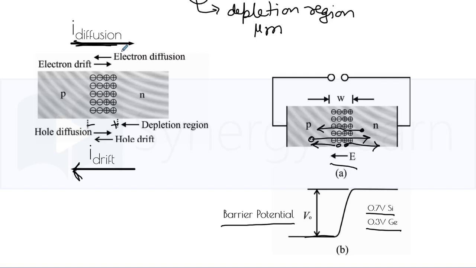When the PN junction is not connected to external source, the diffusion and drift current are equal in magnitude and are always in equilibrium. But when they are connected to an external voltage source, say one side is made positive and the other negative, this will lead to increase in diffusion current and suppression of drift current. Whereas when you have positive terminal of the battery connected to N side and negative terminal connected to P side, this enhances the drift current and suppresses the diffusion current.